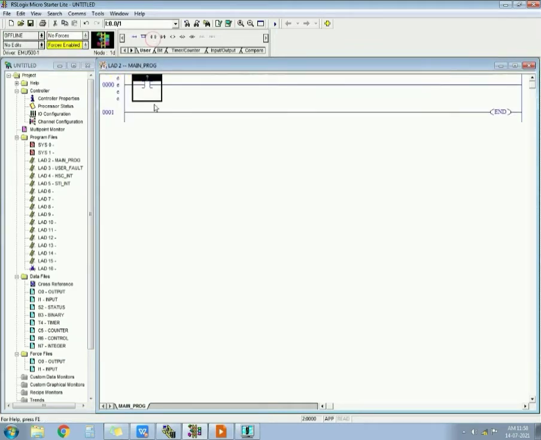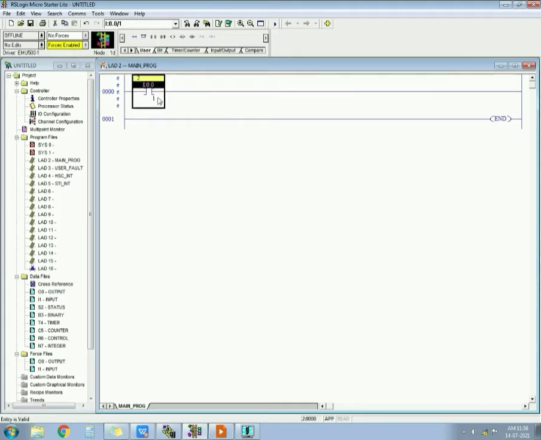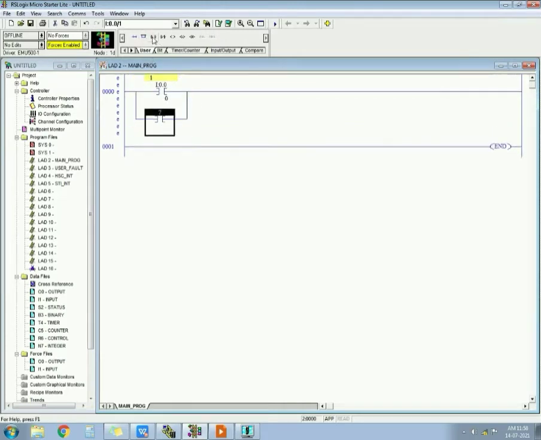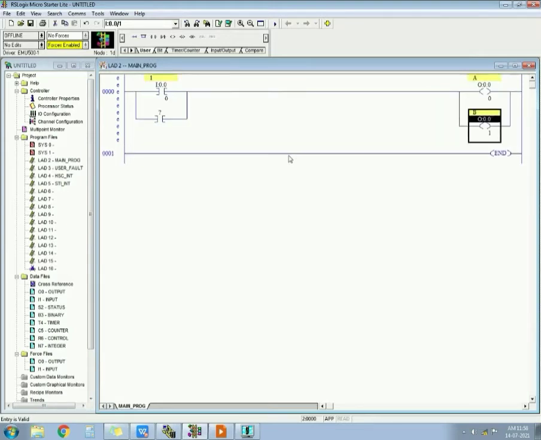Okay, I am deleting this solution. When first push button is pressed, I1:0.0/1. So this is the first push button. When the first push button is pressed, outputs A and B get on. So I will take 2 outputs in parallel with each other. Both A and B, O0:0.0/0. So this is A, let it be B. So these are 2 outputs, A and B.